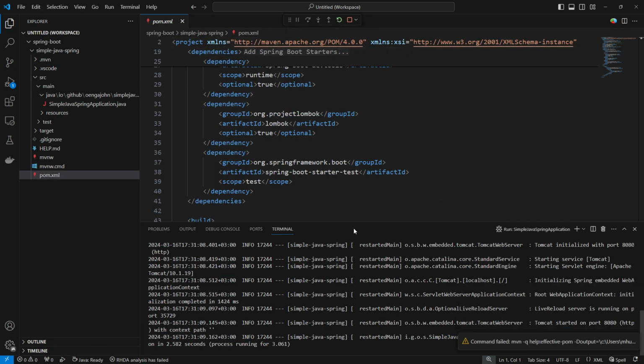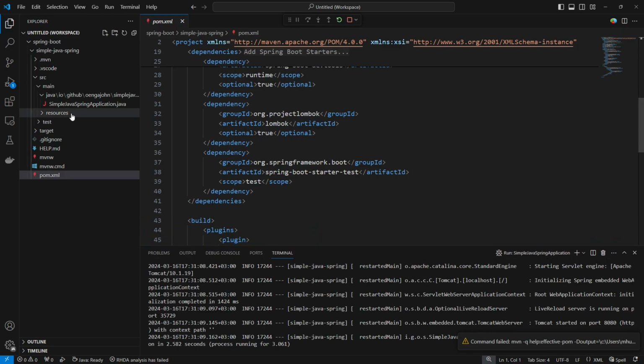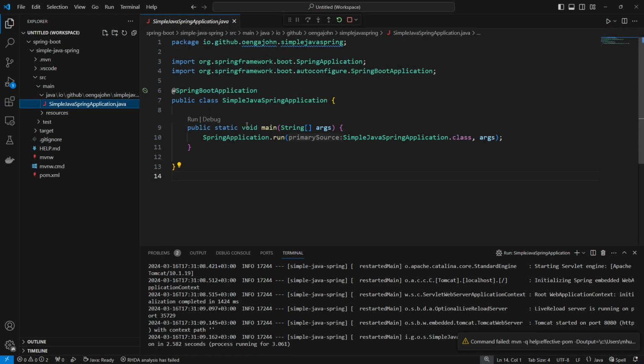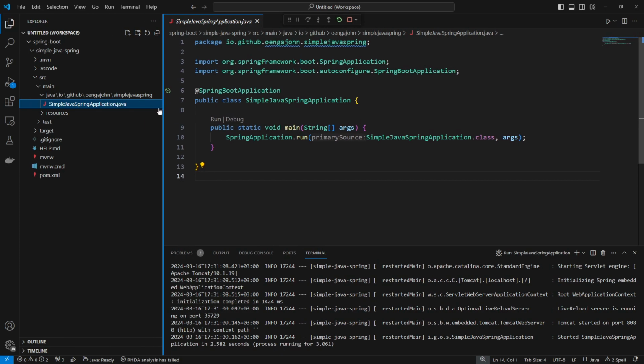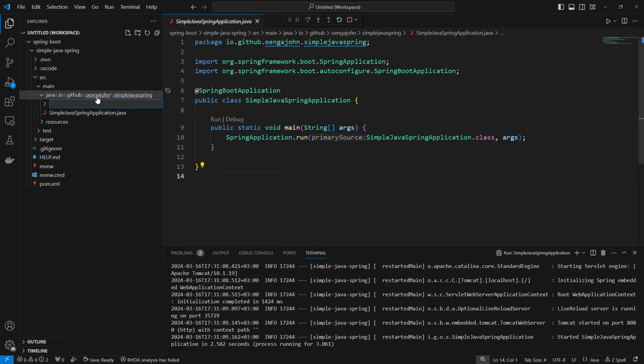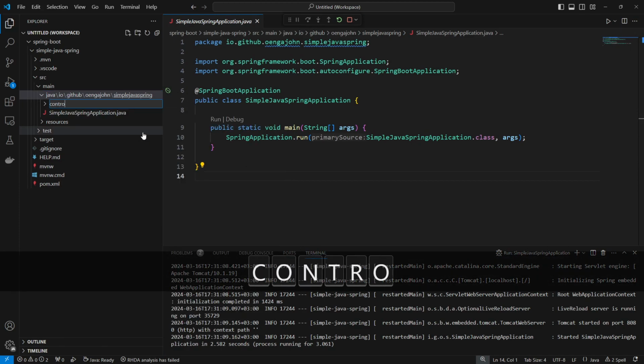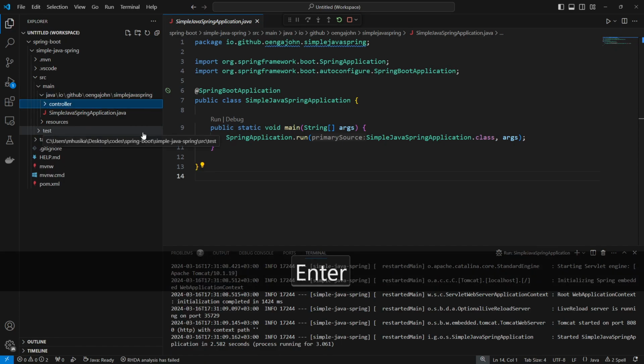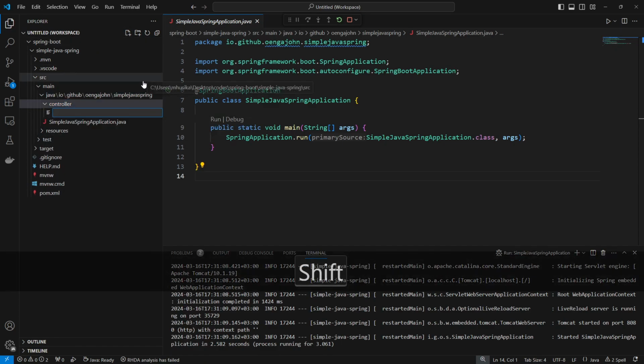Now the next thing that we're going to see before we close off this video is to confirm whether our application is accessible, and for us to do that, we are just going to introduce a simple REST controller which prints a hello message. Within this one, I'm going to create a new folder called controller, and then within it we are going to create a simple class which is going to be HelloWorldController